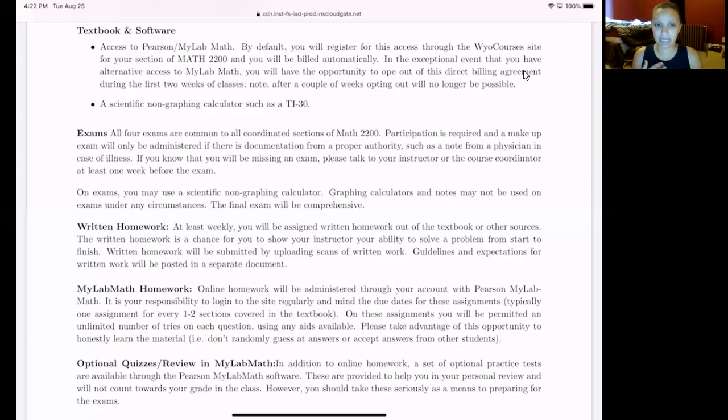Next is the MyLab Math homework, which is online homework, and it's going to be administered through Pearson's MyLab Math. It's your responsibility to log into the site regularly and mind the due dates for these assignments. Typically, there's 1 assignment every 1 to 2 sections and due every week. On these assignments, it's cool if you use your textbook. It's cool if you use your notes. It's cool if you take 15 tries to get the answer right,